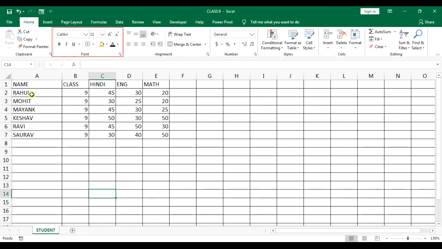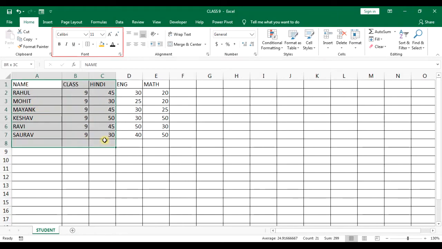First of all, whatever you want to format, the cell, the range, or the group of data, you select it first. Then the formatting effect is applied only to the selected cell, cell range, or data within it.